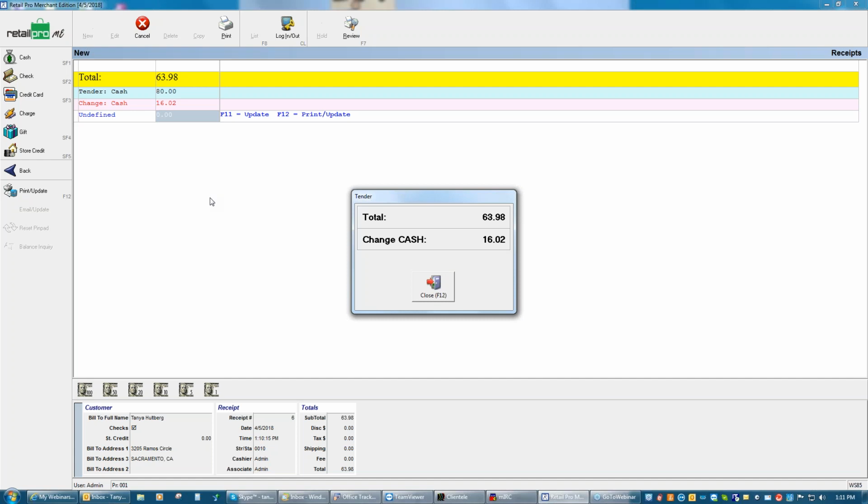It is going to remind me about my change. This is when the drawer pops open. I put the $80 in the drawer and I pull out $16.02. Once I have closed the drawer because I have made the change I need to, I'm going to go ahead